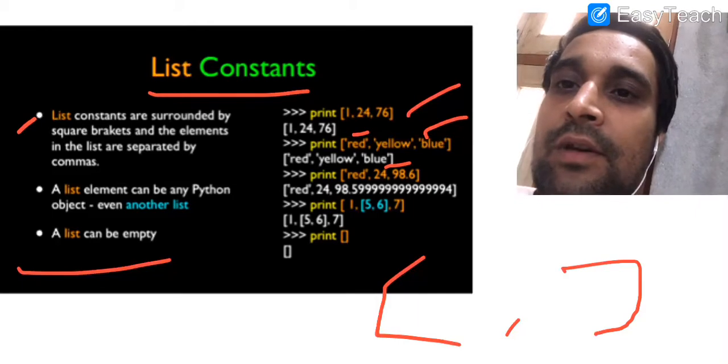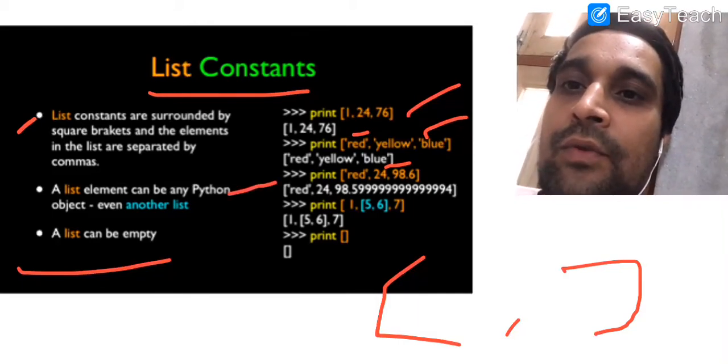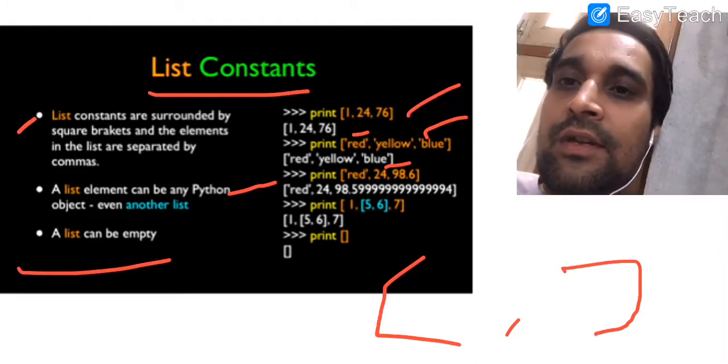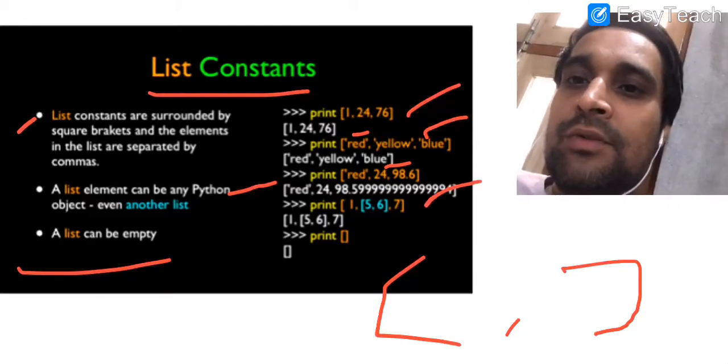Thereafter in our third example you can see we have written print red, 24 and 98.6. So what will happen in this case? You can see that we have a list with one string element, one float element and one integer element, so it will print all the elements.